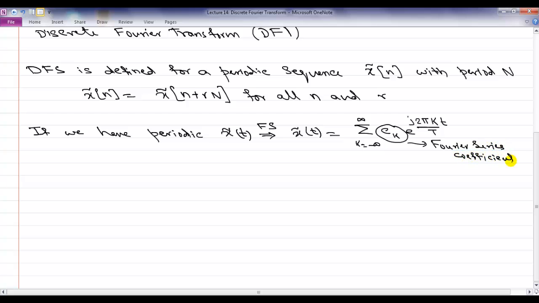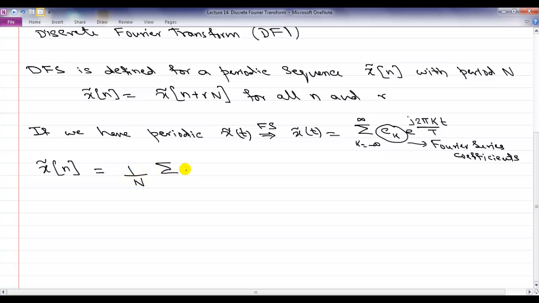So it's the same idea. We won't go into the details, but if you are given a discrete sequence which is periodic, then you can represent that according to the discrete Fourier series. You can represent that as a linear combination of harmonics. Okay, so we have a periodic signal x tilde of t with period n. The claim is we can represent that as